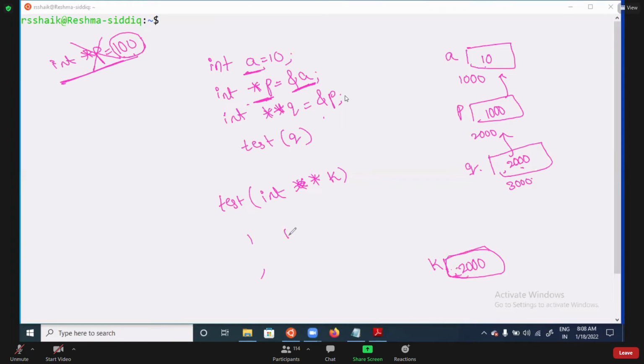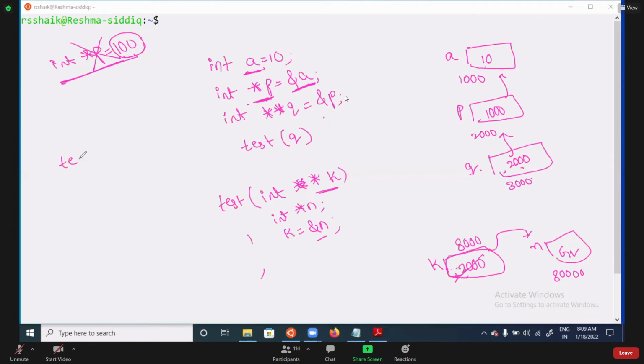Now here, if I am taking K equal to any other address, N is having some garbage value and its address is 8000. Now K equal to address of N. Why? Because it is a pointer. Maybe with respect to us it is the address, but with respect to K this is the value. So it is holding this. K is modified, but the value of Q is not modified.